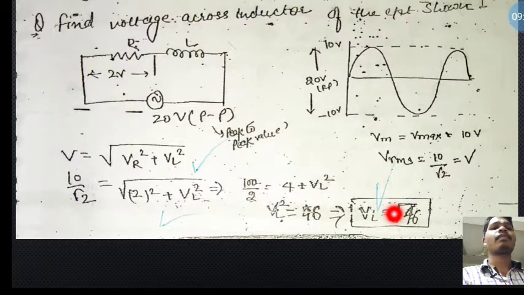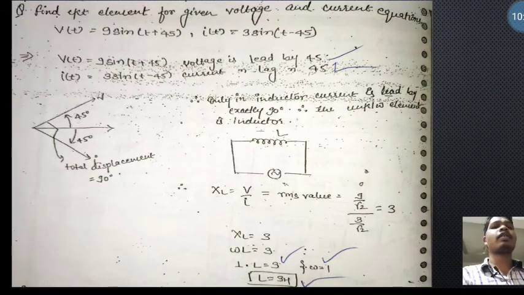Okay. So how is it formed? This 20 volts is given, so is it 10 divided by root 2? Because if we are taking the RMS value, this is a sinusoidal waveform. For the positive half cycle it is 10, and for the negative half cycle it is 10. So we are taking V maximum as 10. So Vrms is equal to V maximum divided by root 2, that is 10 divided by root 2. So put 10 divided by root 2 and calculate, then you will get VL, the voltage across the inductor, equal to root over of 46.